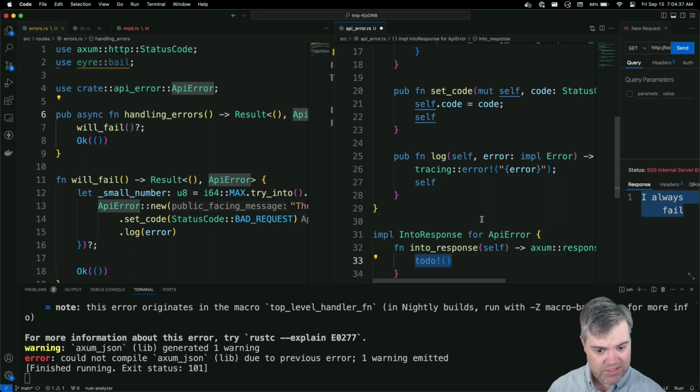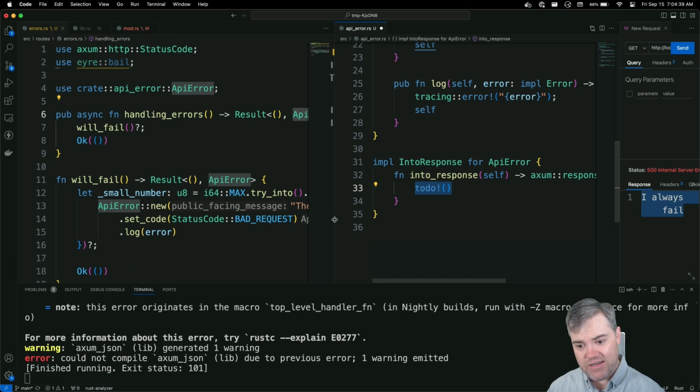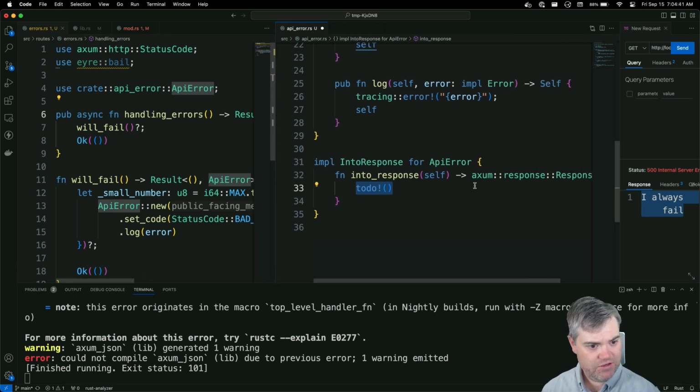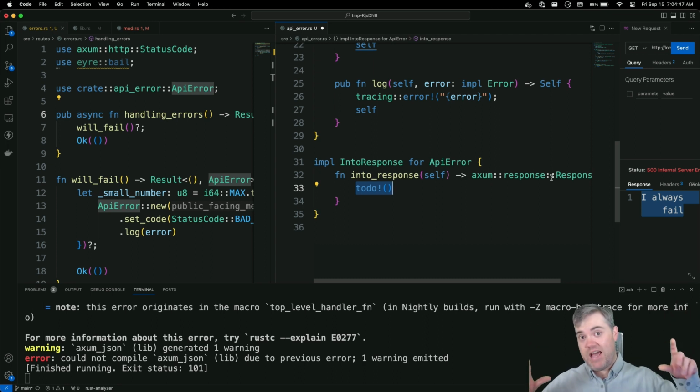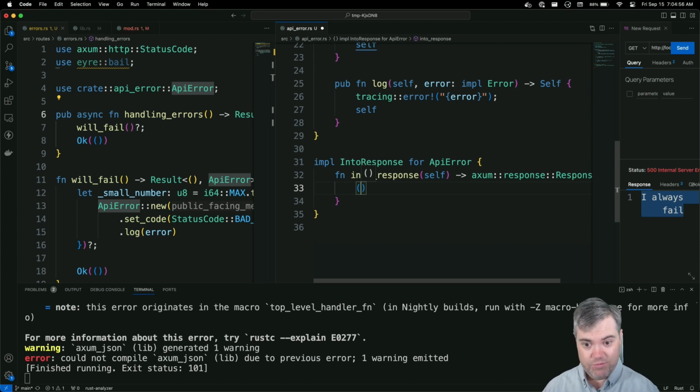Implement missing members, and this is actually not as scary as it might sound. We just need to return something that implements Response. We already know it's that tuple type that's going to have the code and then the message, which we already have. So we're going to return a tuple. We're going to put in a self.code on the left-hand side.